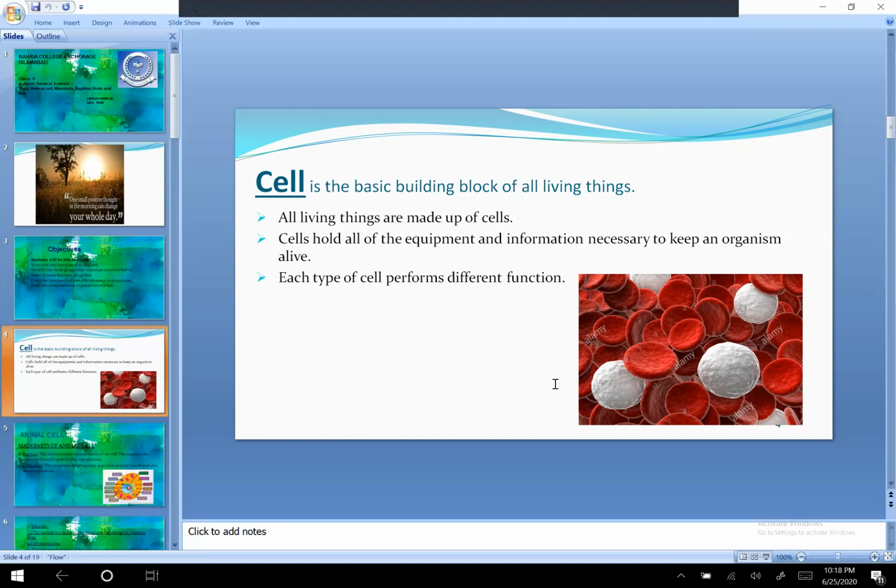Students, cells are building blocks of what? Building blocks of every living organism. As information of any building, what is required? Bricks. When one brick joins another one, then layer by layer, what do we finally get? A building. Similarly, when one cell combines with other cell and so on, what is formed by the end? A body. Okay, so every living thing is made up from cells.